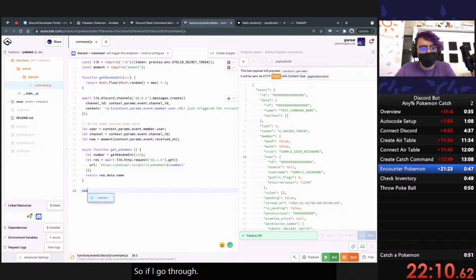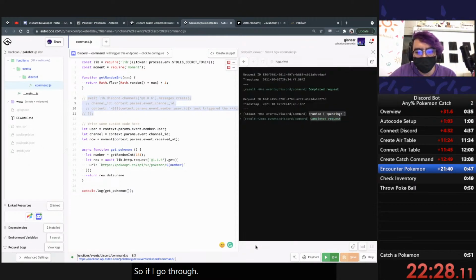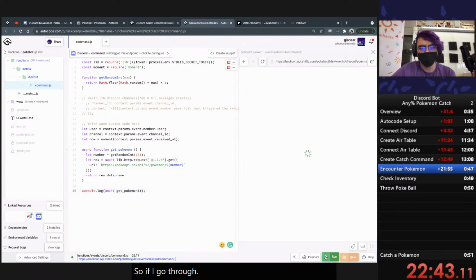So why don't we try it here? Console log just that, get Pokemon. I'm also going to stop this so that we're not just sending that over and over. And I'll run this here and see what happens. Over in the logs, asynchronous requests. So we need to wait for this function to finish. So await just makes it so that we wait until it's finished. We await it. And then if we look at the log,